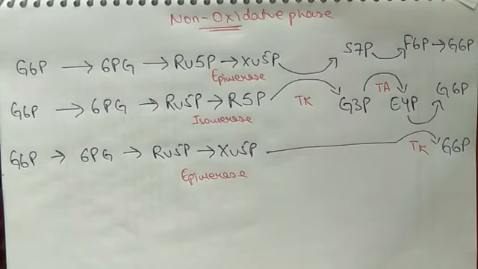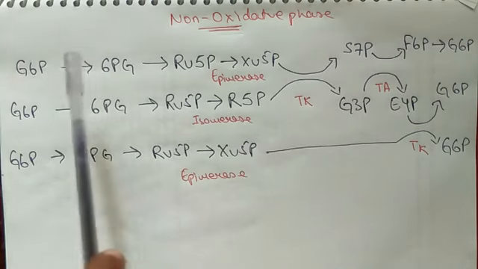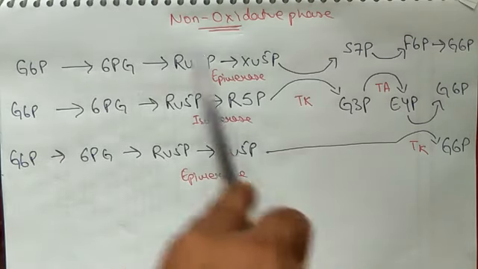Okay, so here is the second phase, that is the reversible phase, and it is a non-oxidative phase. I have told before that it works in the absence of oxygen, and here carbon gets broken down. Therefore this phase is called carbon shuffling, and again glucose 6-phosphate forms. So how it works, here you can see there are code words: G6P, 6PG, Ru5P.